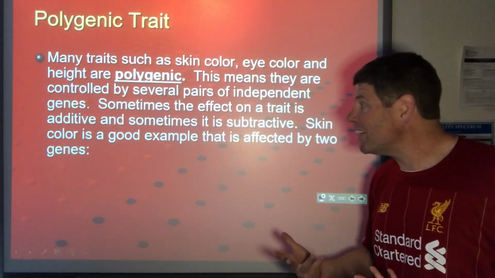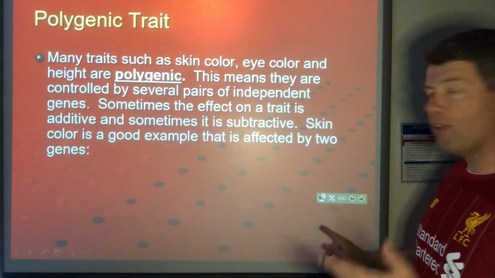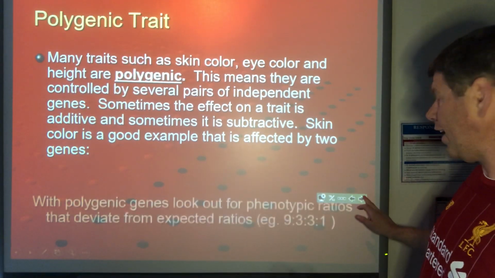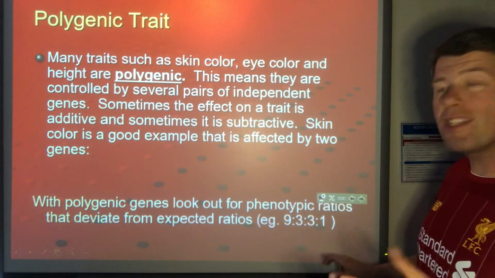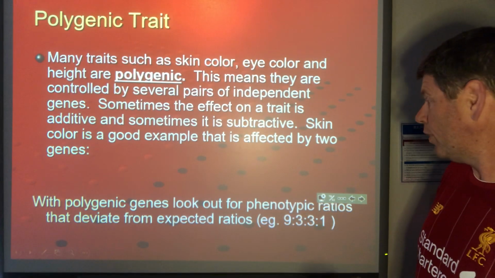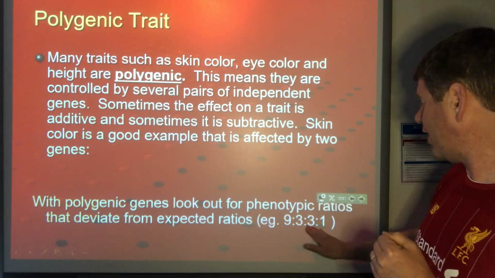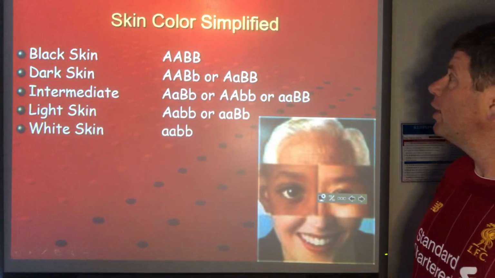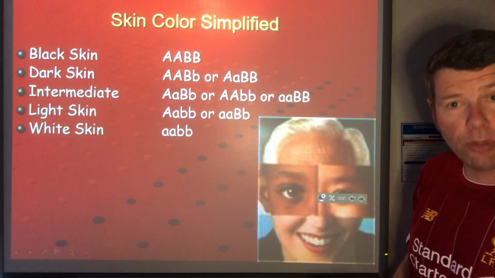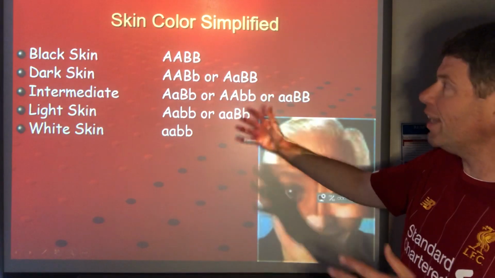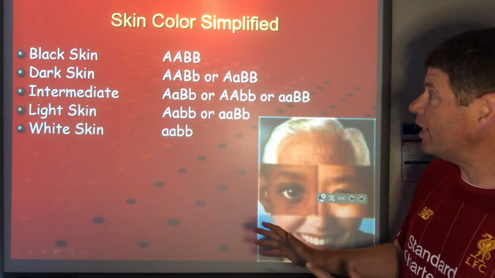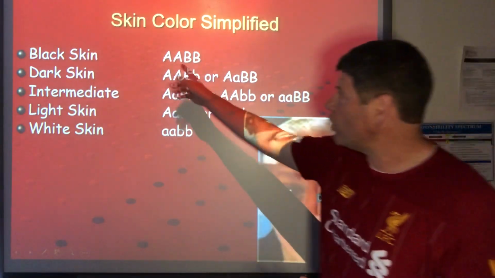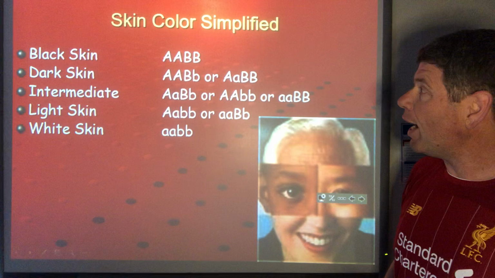So let's look at skin color for an example of a trait that's affected by at least two genes. And we're going to look at a fairly simplified ratio. Of course, we wouldn't really expect that 9:3:3:1 ratio like we would see with two genes, because there's only one trait being expressed. So if we looked, and this is very simplified, skin color is much more complicated than we're going to look at here. So let's just say there were two genes, an A and a B gene,